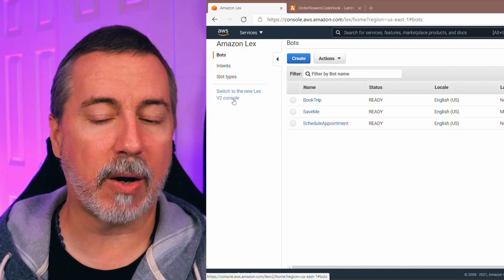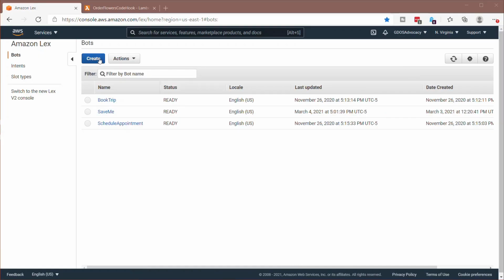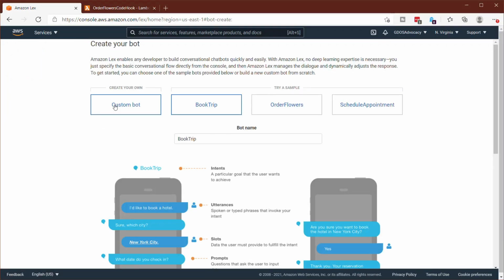I haven't jumped over to that one yet. So let's jump into the create UI. When I go to create a bot, I can create my own custom bot from scratch. I can also use an existing sample. So there's a book trip, a schedule appointment, and order flowers, which is what I used for the basis of